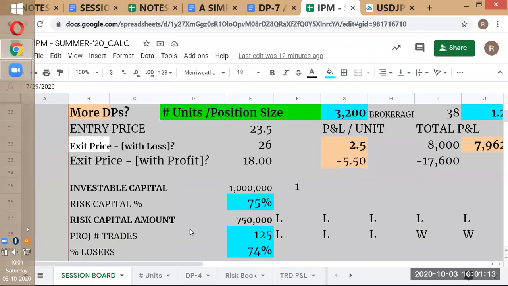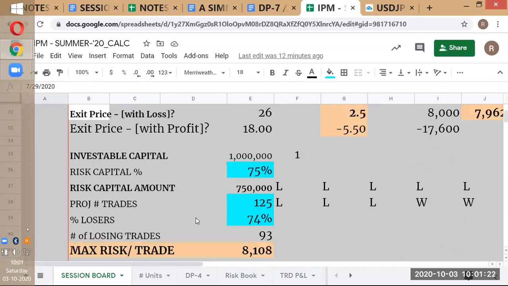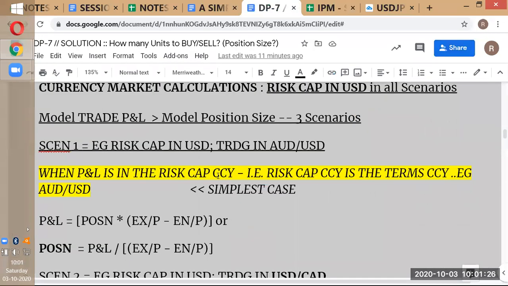Okay, so the risk capital currency in most cases is the US dollar. So all these figures are in US dollars. That's what we mean by risk capital currency. So the first situation is that PNL is in the risk capital currency. That means that the risk capital currency is the terms currency, because remember what we said here that